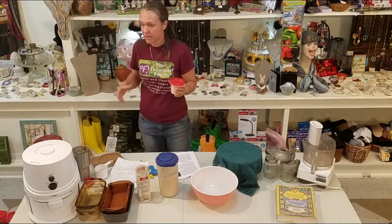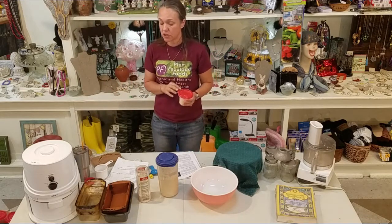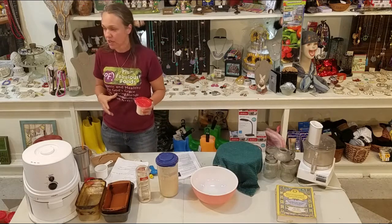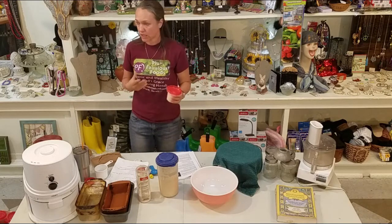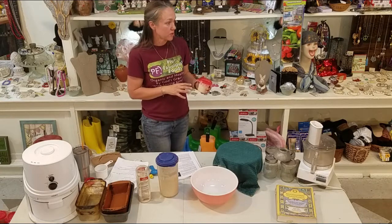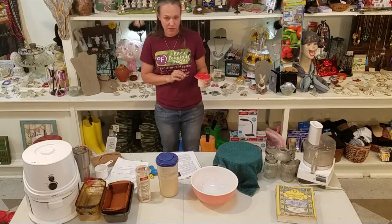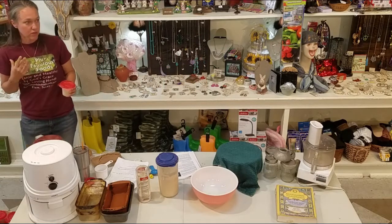So if I have a recipe that might need 5 cups, I need to think about that and start feeding it. You only want to feed it about every 12 hours. You could feed it more often than that, but you have to give the wild yeast and the bacteria in there a chance to reproduce. And if you're feeding it too much too soon, you'll actually kill them off. So no more than 3 times its volume, and just keep that in consideration when you're taking care of your